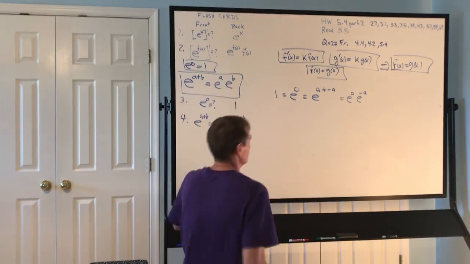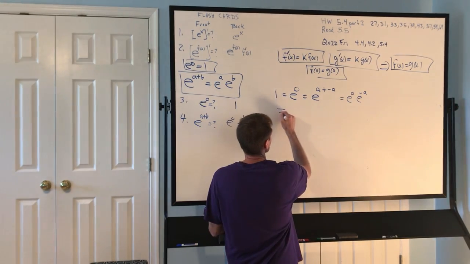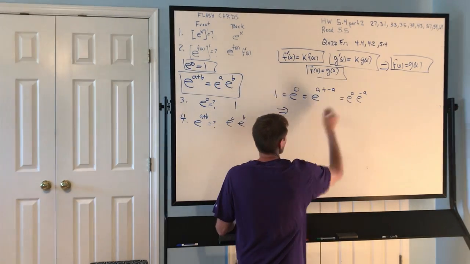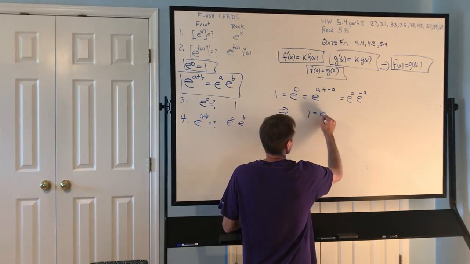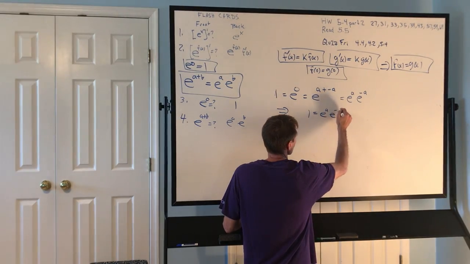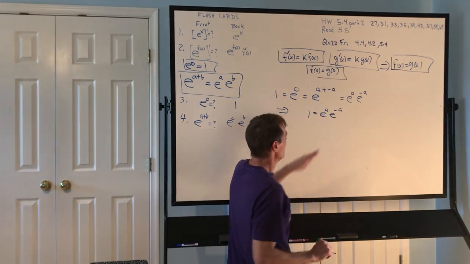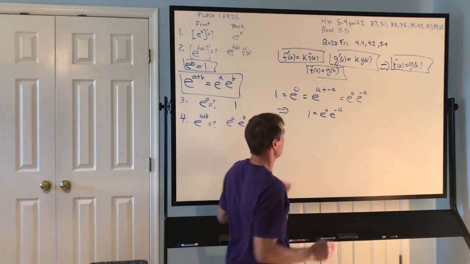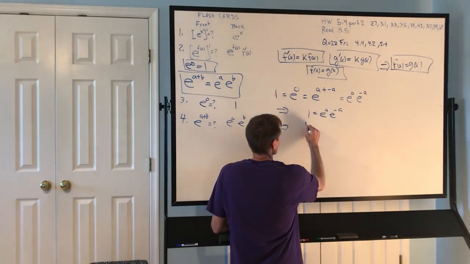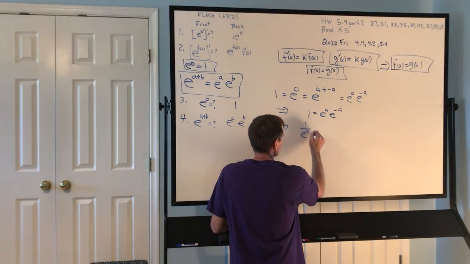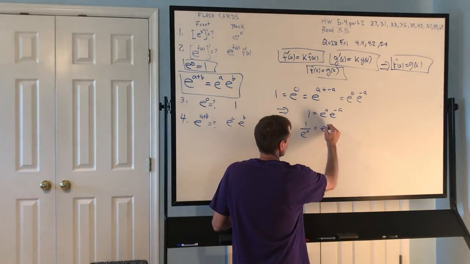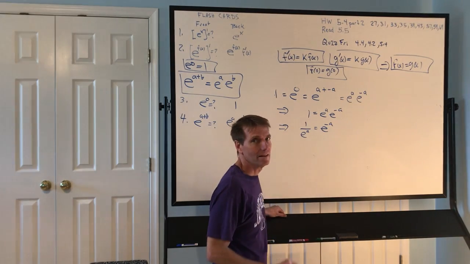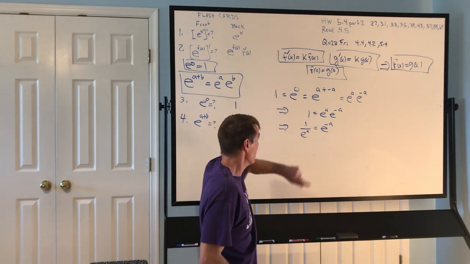Okay, well, looking here, this would imply just matching sides here. 1 is equal to e to the a times e to the minus a. Now divide both sides by e to the a, and you get 1 over e to the a is equal to e to the minus a. And so this shows us